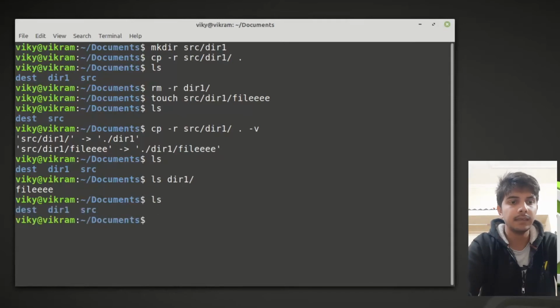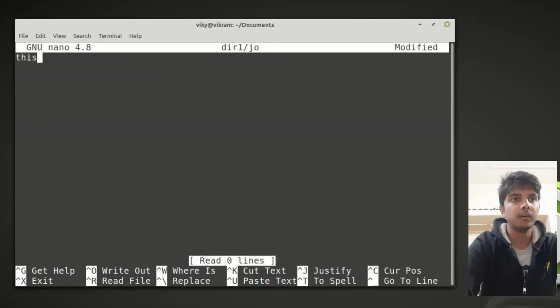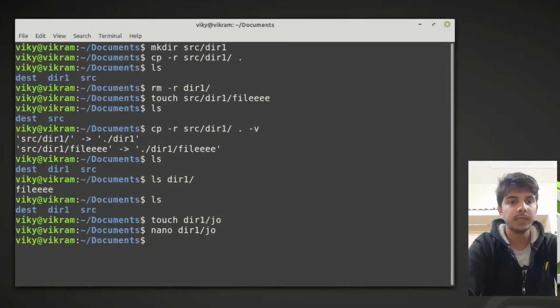Let's say inside dir1, let's create a file with touch, and give it the name geo. Then I'll open this file and give the content: this is original. Save it. Now if you see, the file geo has this content.